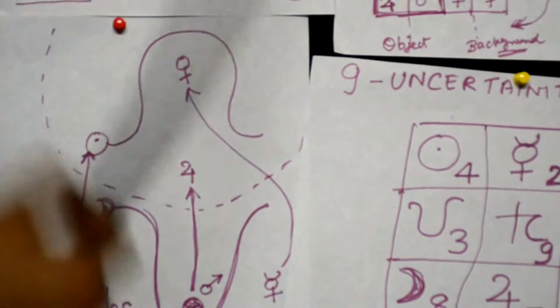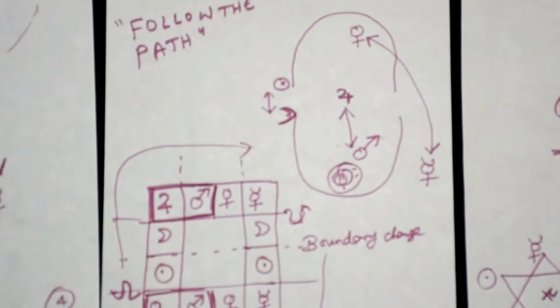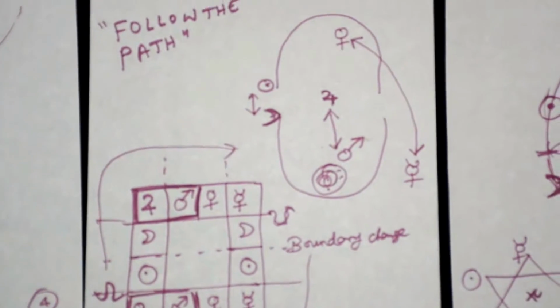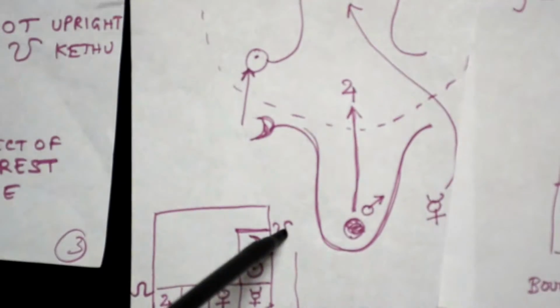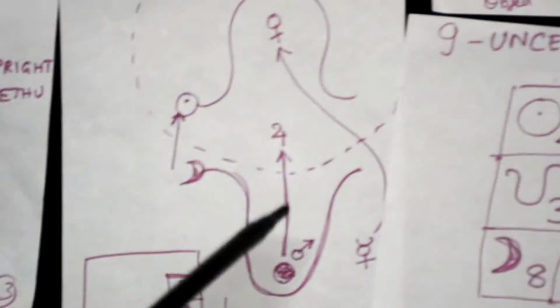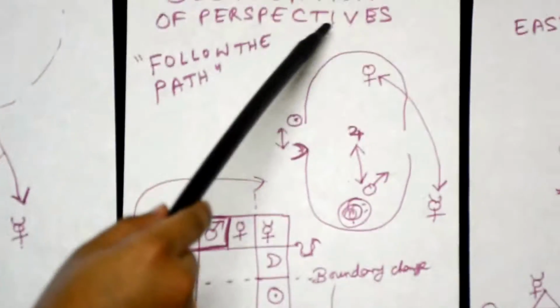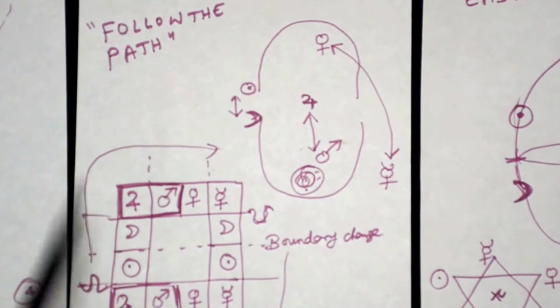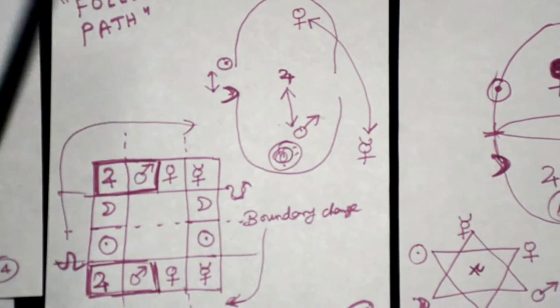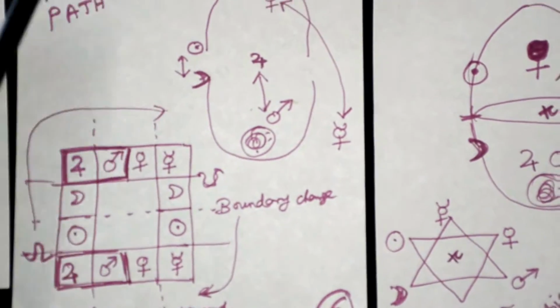So here comes the oscillation of perspective. You saw that there are 6 perspectives here, and there are 6 perspectives here, whether moving from upside down to upright state of the part, or from upright to upside down state of the part. So the oscillations of perspectives means you have to always follow the path. You can't just change something without changing the system, surrounding and boundary, all 3 together.